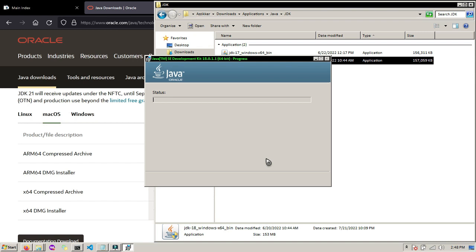As I said earlier, installing Java Development Kit will take time, depends on the specs of your device.